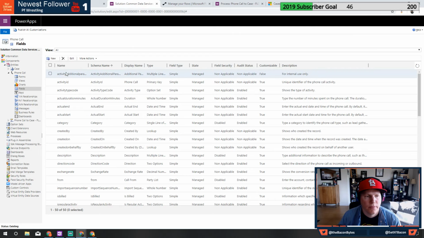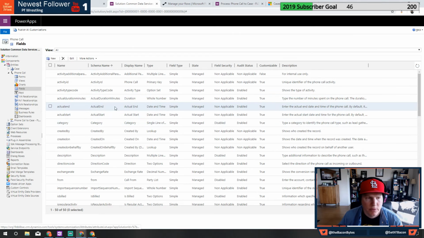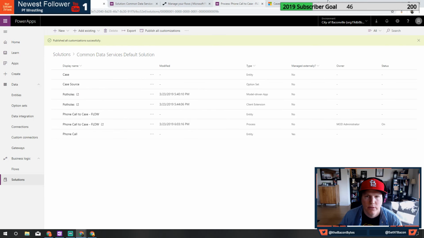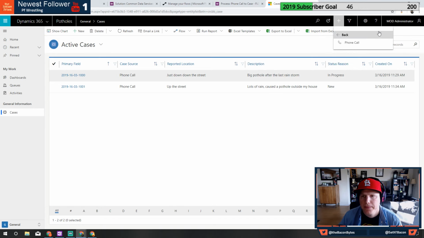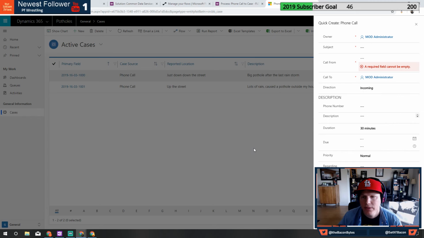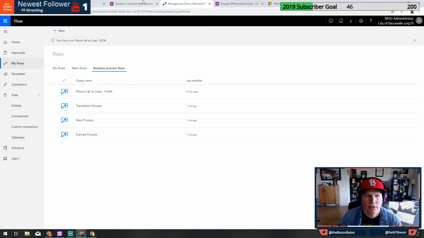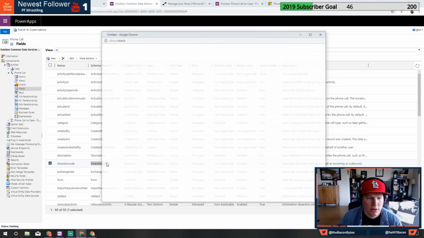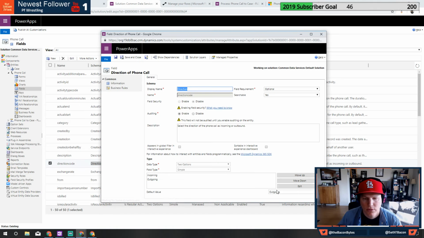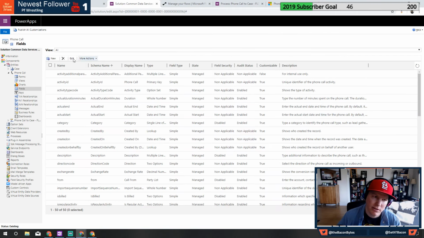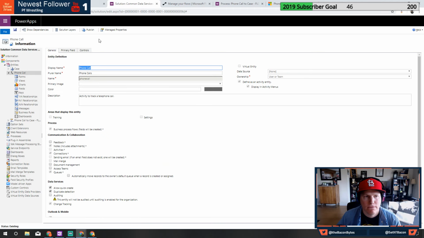Phone call, where did you go? So I don't want the... Does it switch the to and the from? Is it required? Or are they both required? So I wanted to default that to incoming. Direction is incoming. Direction codes, a two option set, sort of yes or no. Defaults to outgoing. We're going to default it to incoming because we don't anticipate making a lot of calls out of the system. What we anticipate is having a lot of people call in and being able to do that.